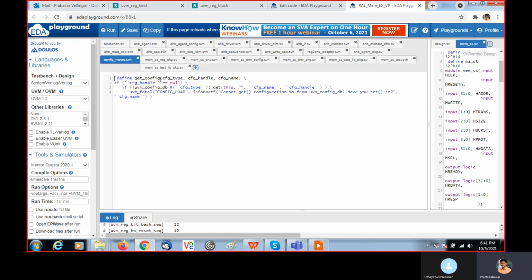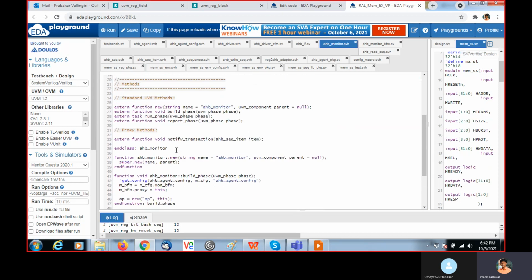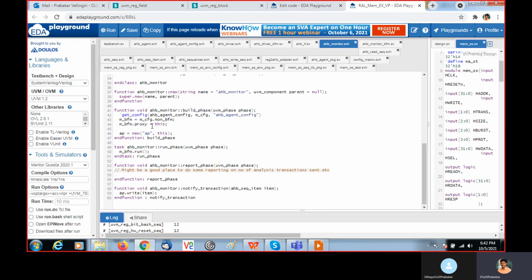We are just using this get config and passing the arguments. Here, in the monitor using this get config, we are passing the type of AHB agent config.